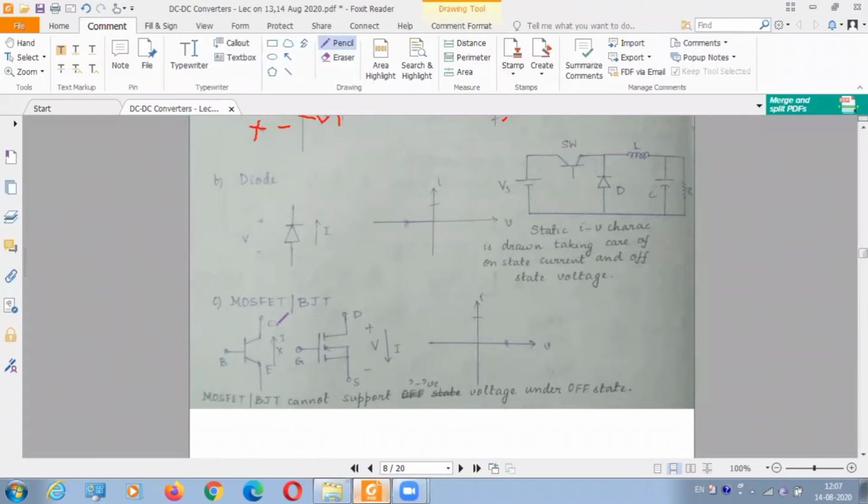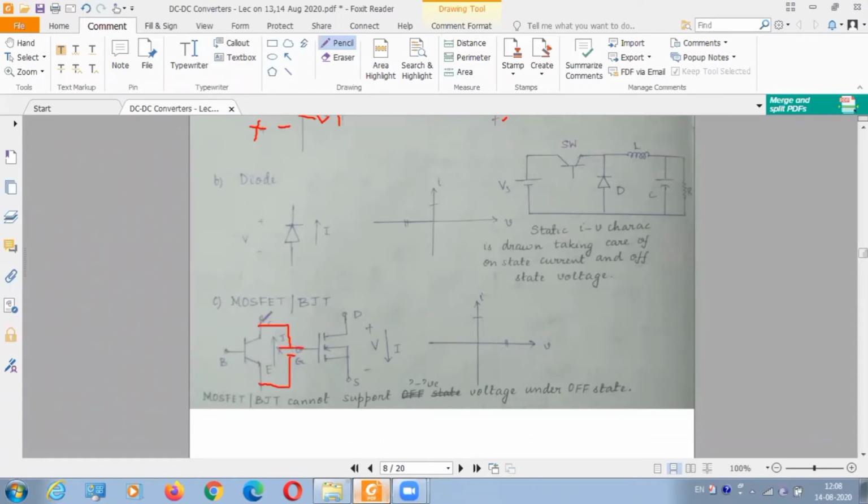Now, when you are turning on this MOSFET, I give a base drive or a gate signal, and the collector to emitter, this collector should be connected to positive, this emitter to negative. If I connect this voltage and don't give a base drive, keeping the base open, it remains in the open state only; it is not working. If I connect a negative voltage over here, it will not work at any time.